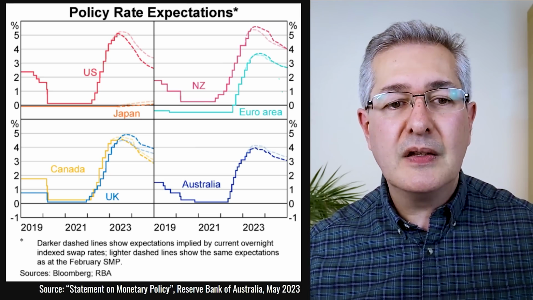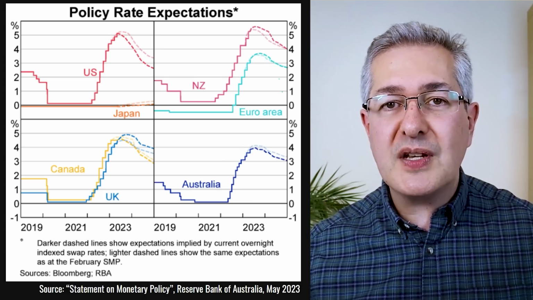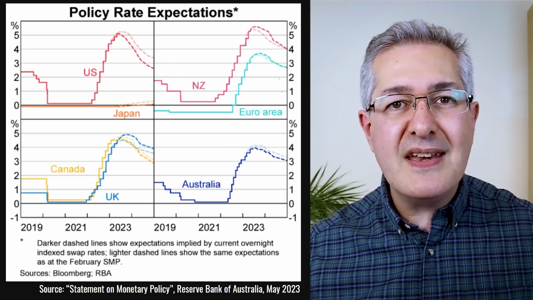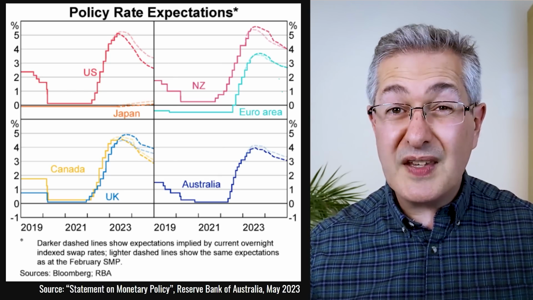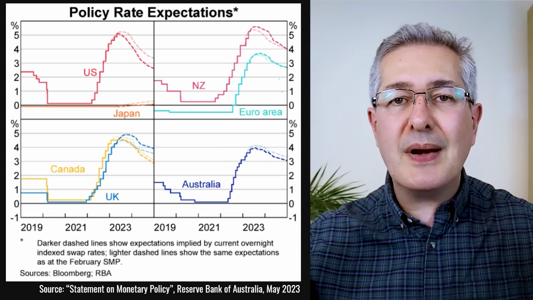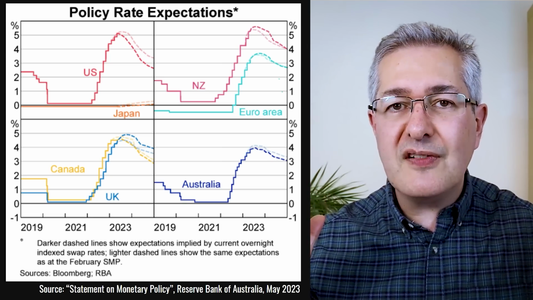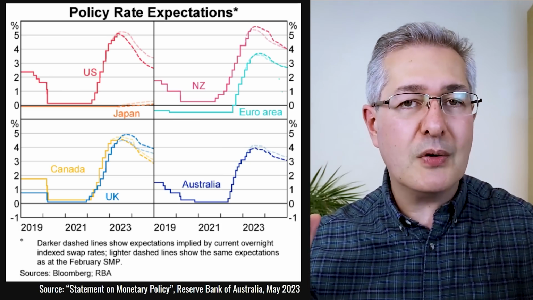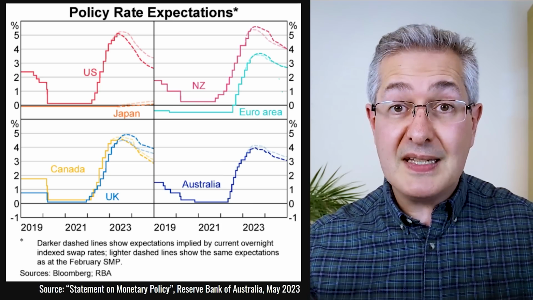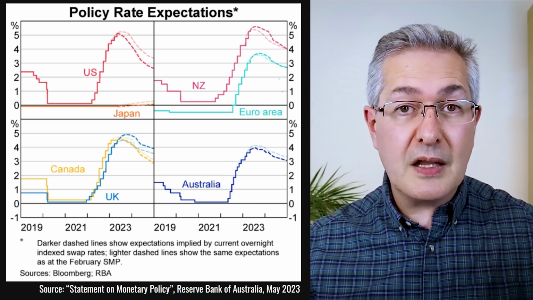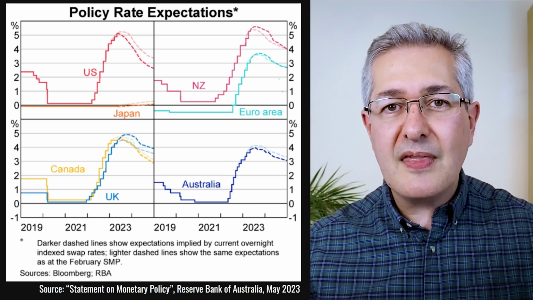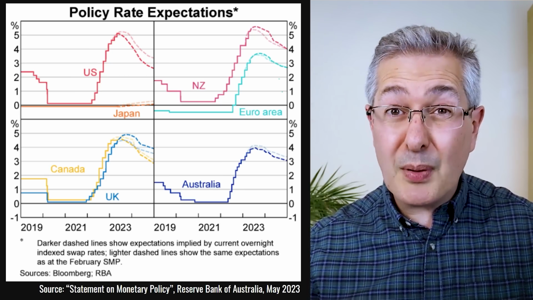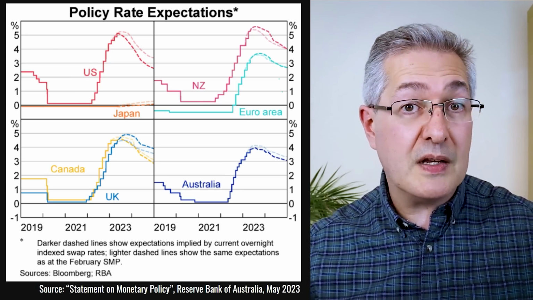swaps market. Notice how for all of the large central banks, excluding Japan, we're pretty much at the end of the rate hike cycle. So at this point, central banks are just going to keep rates where they are, watch inflation very closely to see if the trend of disinflation, falling year-on-year inflation, continues. If it does, and it starts to fall back closer to their target rates, then they'll probably start to think about cutting rates. And of course, that would be a big positive for the housing markets in all of these